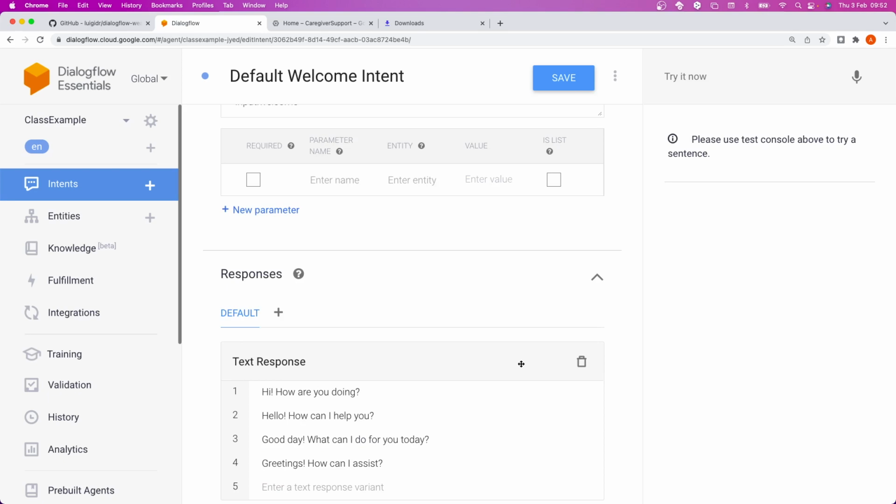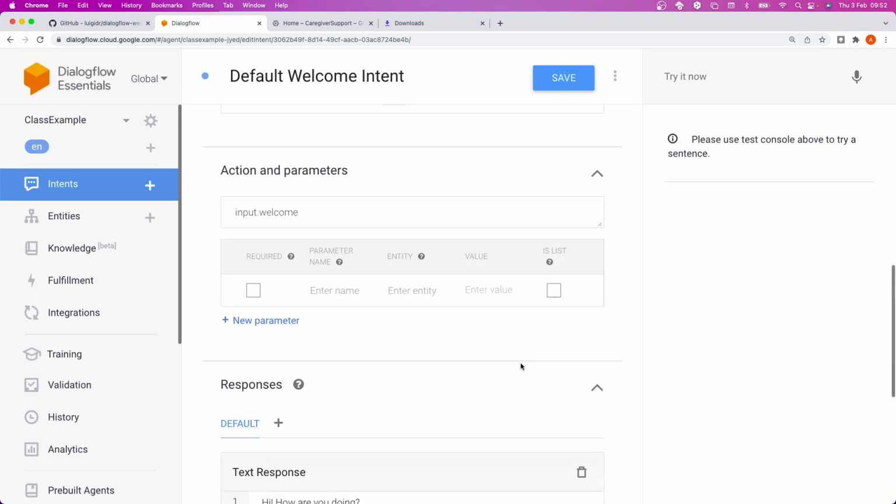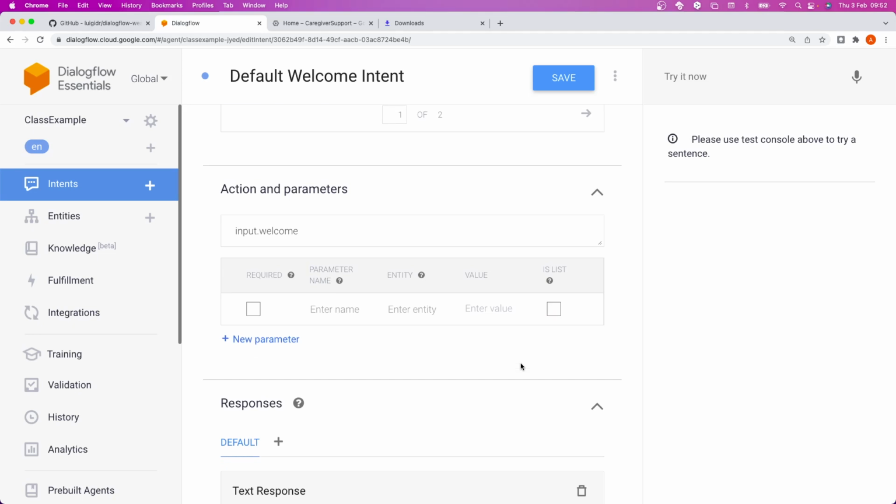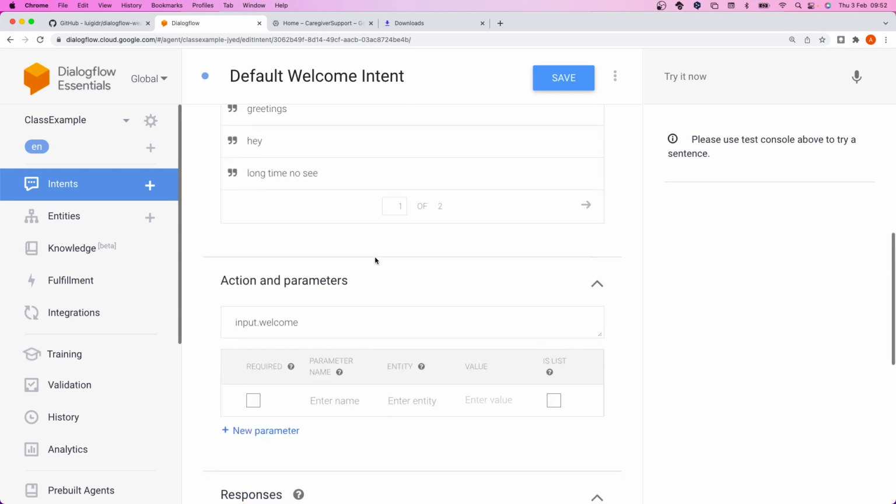Okay, besides training phrases and responses, the other key concept here are entities. What is an entity? It's a collection of things. It's something like a variable. Okay? With entities, we can generalize an intent. For example,